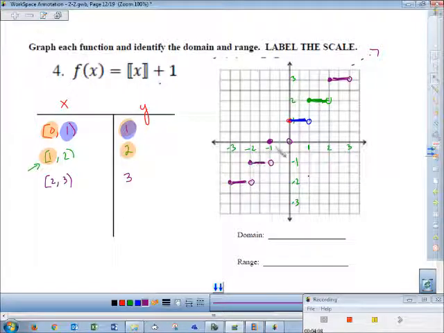It's a piecewise linear function. It's a step graph, so that's going to continue in this situation. Now let's talk about our domain. The domain, if I did my straight edge test,